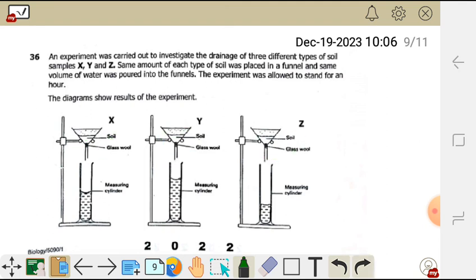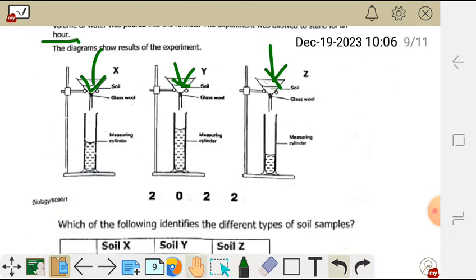Then they poured the same volume of water in each of these funnels. And then as a result, this was the water which was collected here, and here we had more water collected. Here we only had little water which was collected after an hour. Okay, so the question is,